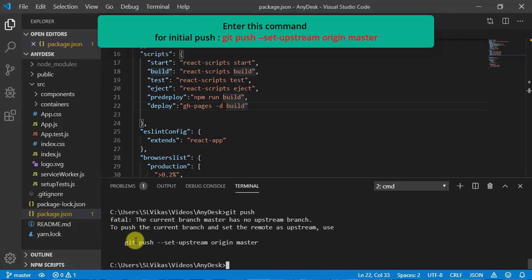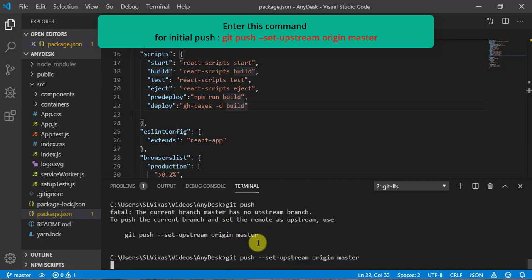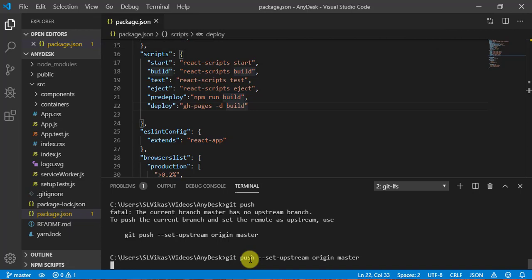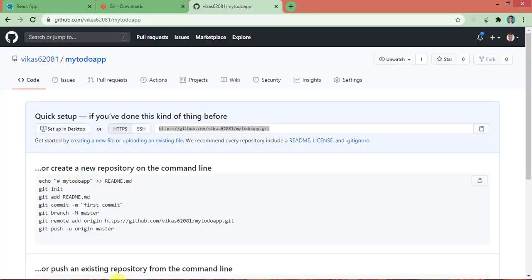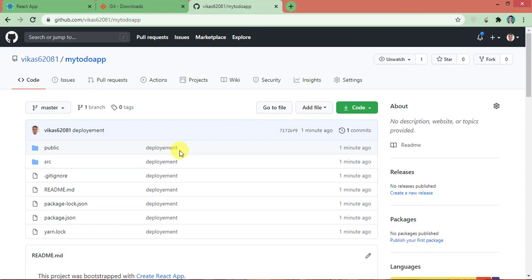Once again copy this link and paste it and hit enter. What this command will do is push all our code to GitHub. Now it has finished. Let's come to GitHub and click on this link. You can see here deployment, the message I have given, and it got uploaded here. Now our project is uploaded on GitHub.